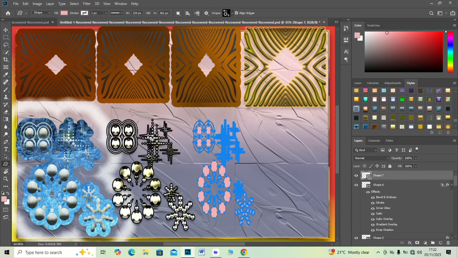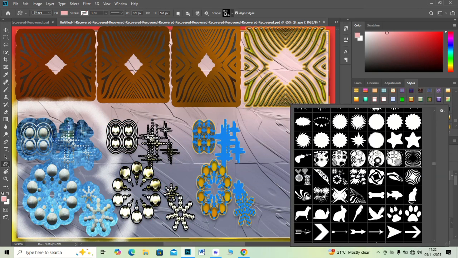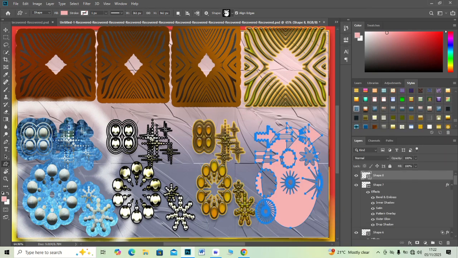For texture layering, use darker tones on the bottom layer stroke for shadow depth. Try blending modes like soft light or multiply. Now add a splatter